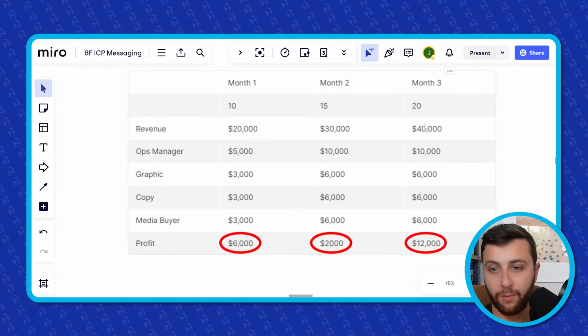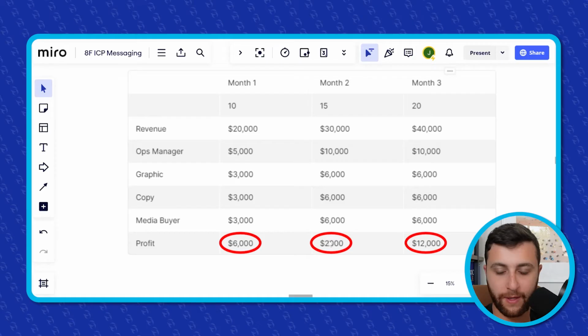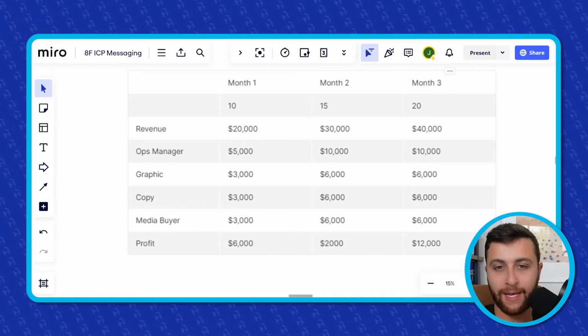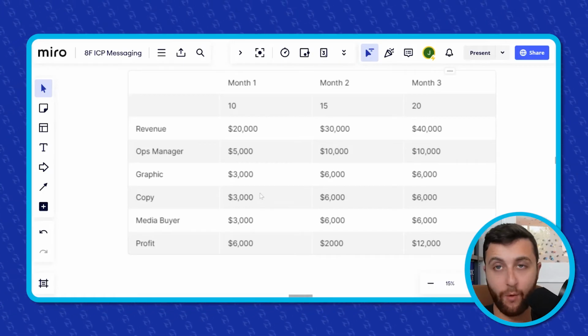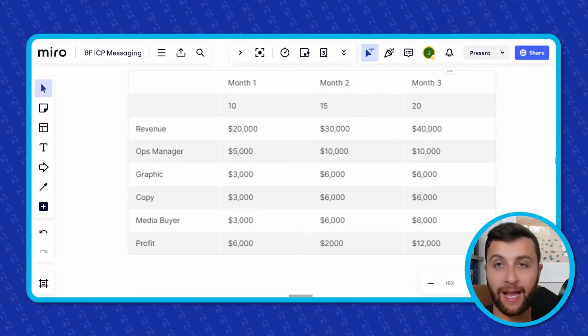So we have 6,000, 2,000, 12,000. And if we were to do the same one moving forward, this would be a little bit bigger than this, probably 4,000. The purpose of doing this is when we forecast in advance, number one, we're going to know what roles we need to hire for. And this gives us time in advance to actually source.